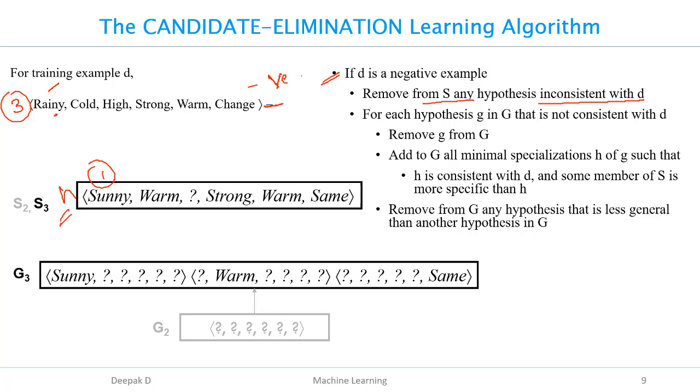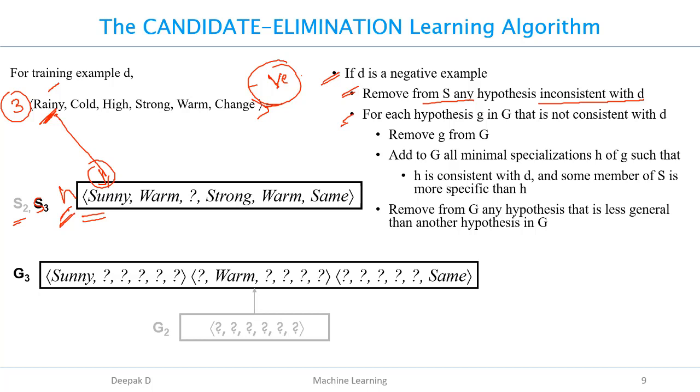So here you have sunny, and here you have rainy. So this one attribute is enough to make your negative instance. So this is my updated hypothesis, and not only with this updating, you have to make sure that the first instance and second instance will also classify positive as positive. So this is similar to your S2. So this will classify both the first instance and second instance as positive, and the third instance negative as negative. So no need to update this one, keep it as it is. So this is the first step.